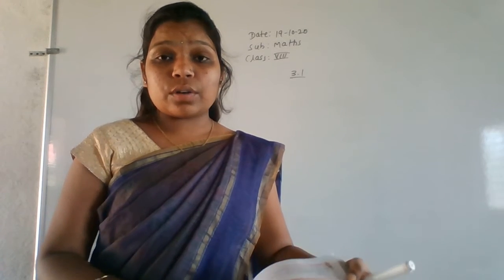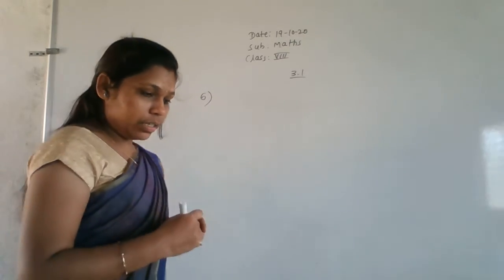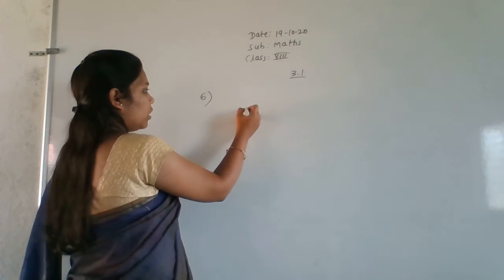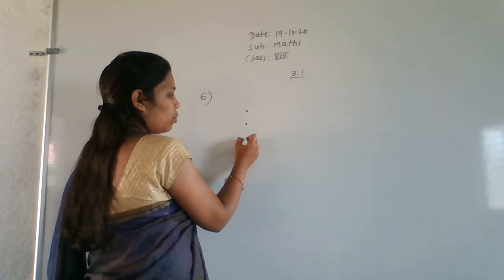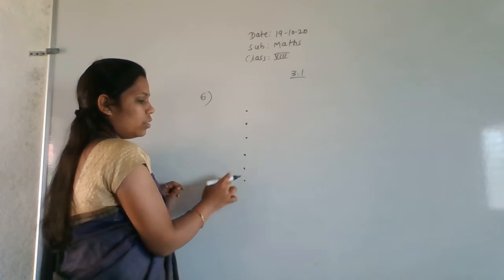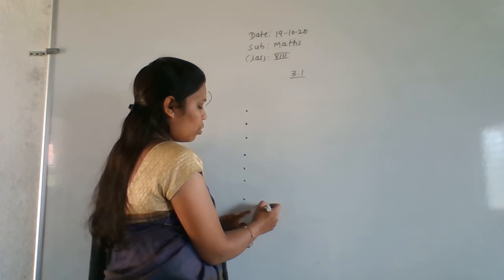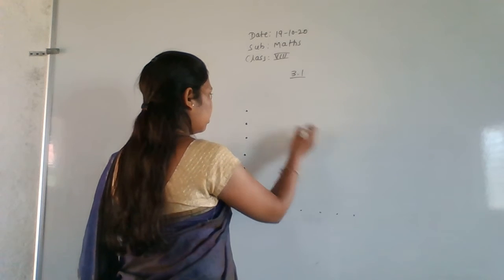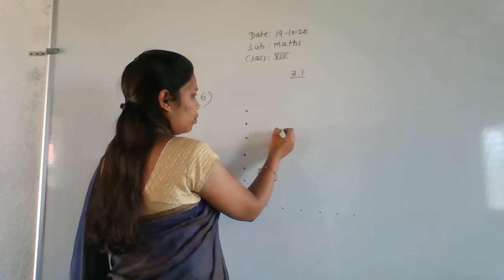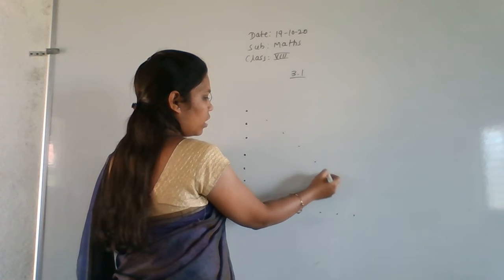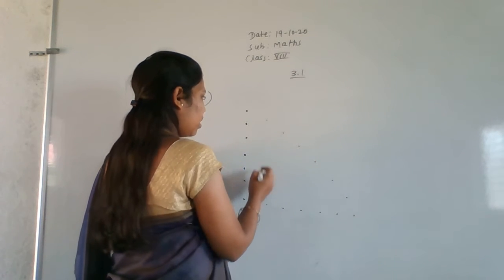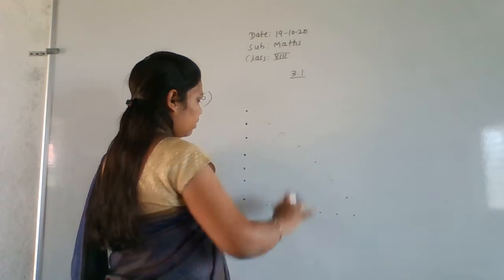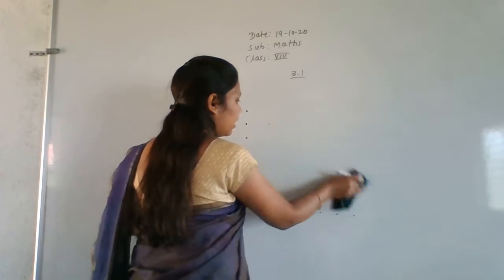Sum of two, 7 square means 49. Okay, so first draw the 7 dots. 7 dots means put 7 dots. 1 2 3 4 5 6 7. Okay, here also 1 2 3 4 5 6 7. Next here 1 2 3 4 5 6 7. Okay, so next continue here. If you use a scale, then it will be correct only. You get the correct diagram here.